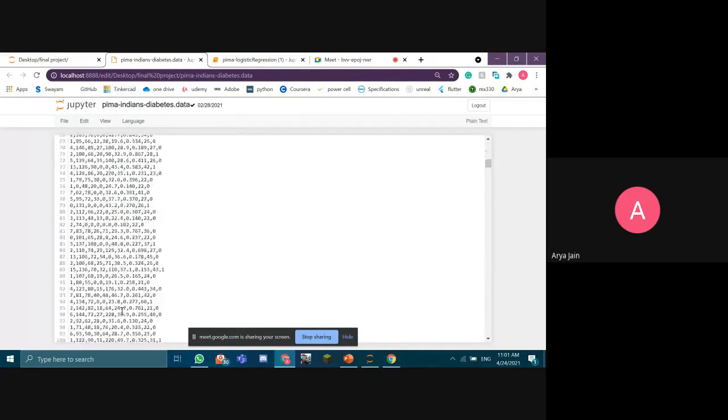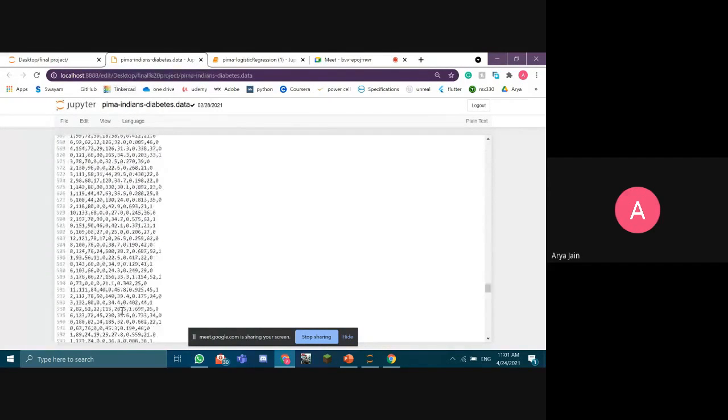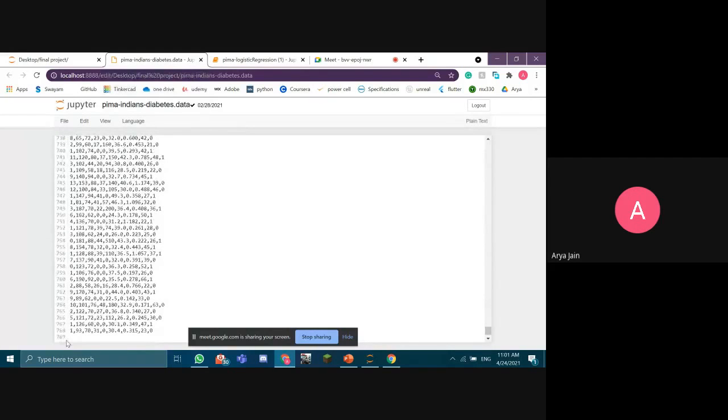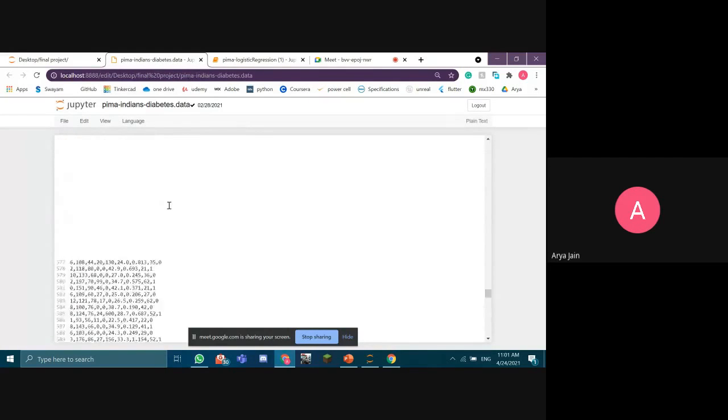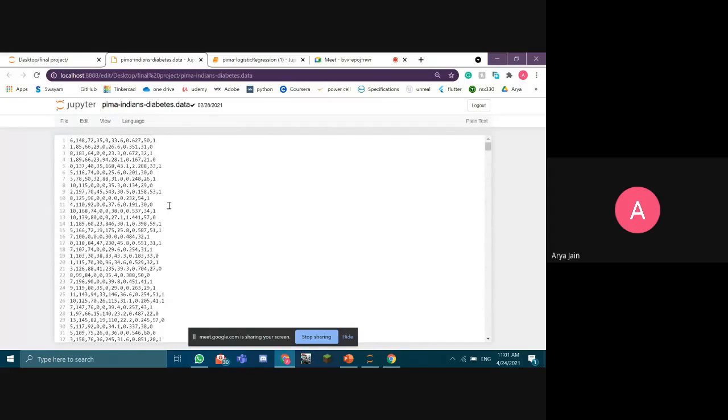So this is the data set. I have 768 rows and 9 columns. The first 8 columns are the parameters that have been taken, and the ninth column is the output. The parameters would be considered in the x variable, and the output would be considered in the y variable.